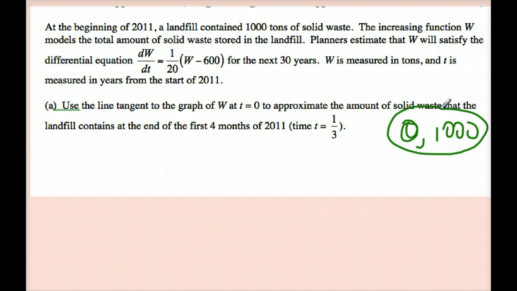And here is the increasing function w. It says write a tangent line to the graph of w at t equals 0, which I have right here, to approximate the waste that it contains when time is equal to 1/3. So I get y minus 1,000 is equal to,